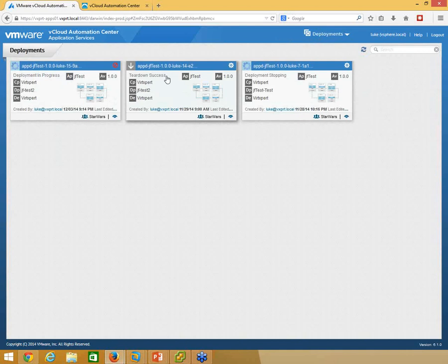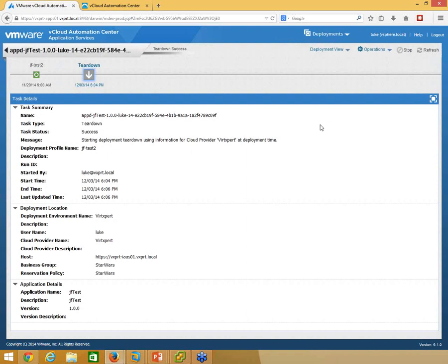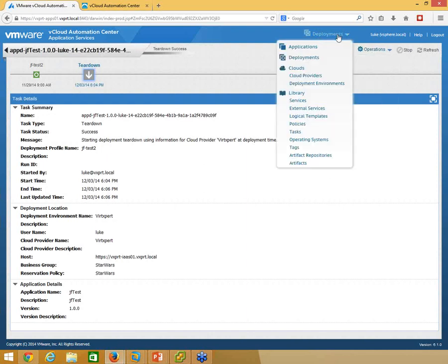This was a teardown. So after my virtual machine and all my applications were deployed, I came in and selected to do a teardown operation, which removes the virtual machine from the environment. You'd want to manage that through application services so that things don't get out of sync. Otherwise,